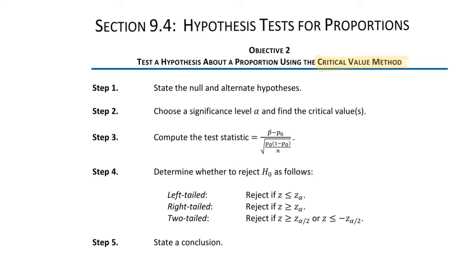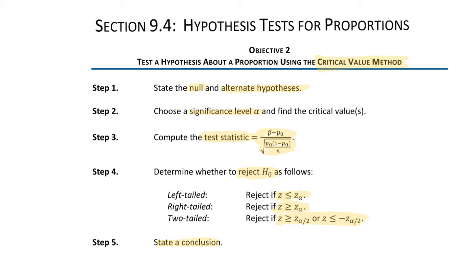In objective 1, you learned how to do a hypothesis test about a proportion using the p-value method. Objective 2 is performing a hypothesis test for a proportion using the critical value method. The first step is to state the null and alternate hypothesis. Then choose a significance level alpha. Then compute the test statistic using the formula. Then determine whether to reject the null hypothesis based on these conditions